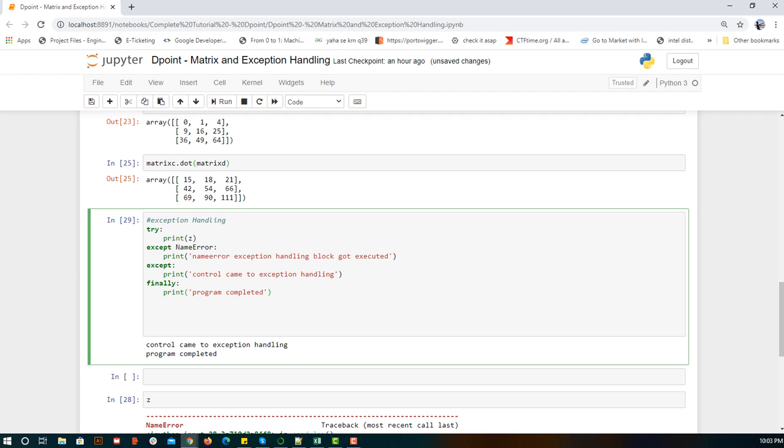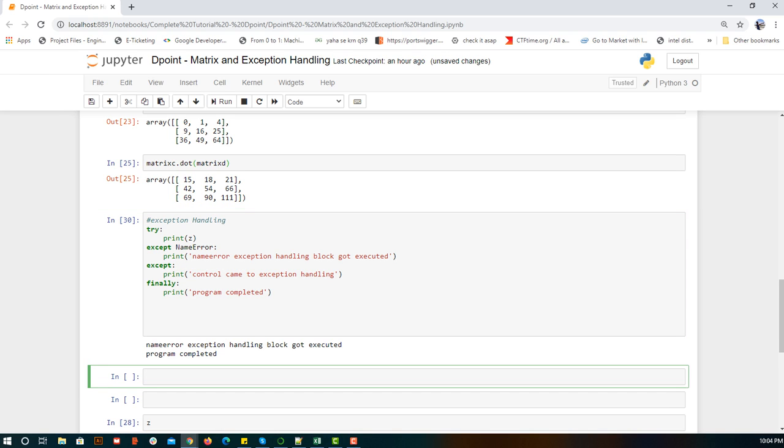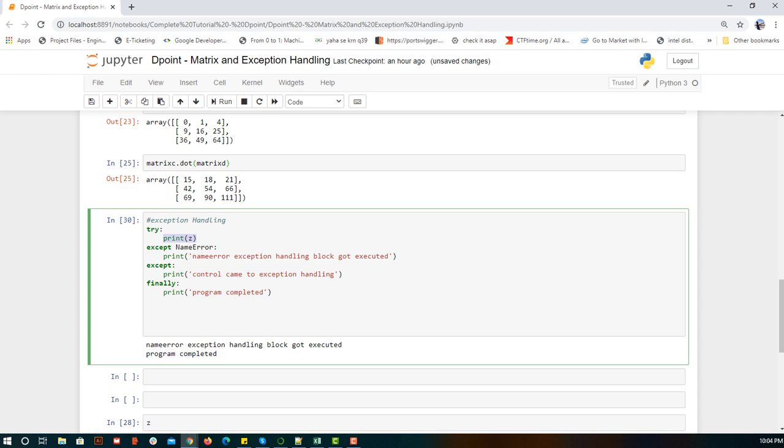Okay, so now I'll try to execute, and because the exception that is coming is a NameError, this block will be executed. And if an exception came with some other name, like IOError or IO exception or something like that, that will be coming to this case. Okay, let me execute this. So you see, first we tried to print this, which created an exception whose name was NameError, that is handled here. So that's why we are printing here, and then finally, okay, this will not get executed because the exception is already handled, and finally our program completed code block will get executed.